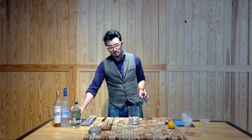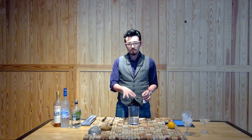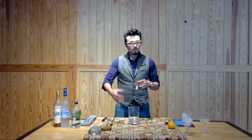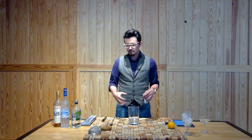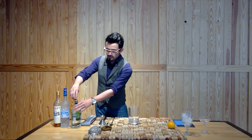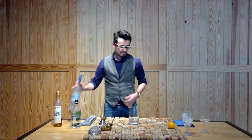So what we do when we're stirring, we want to put all of our liquid in first, because if you start with your ice, it will already start to dilute, already start to break down, and we want to have full control over that. So 3 ounces of gin, then we move on to 1 ounce of vodka,